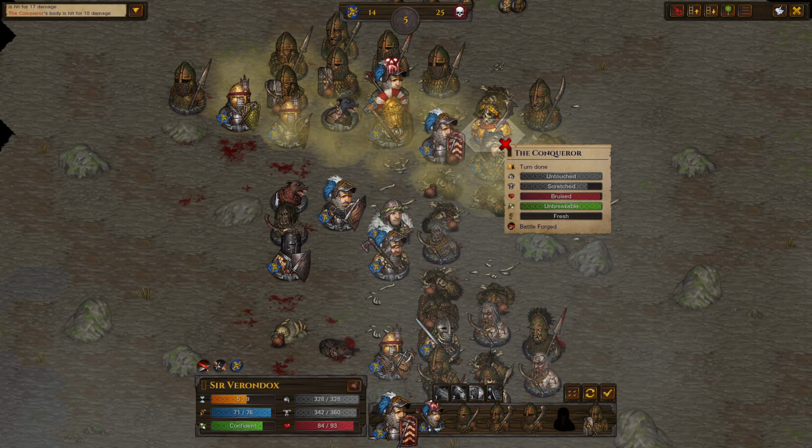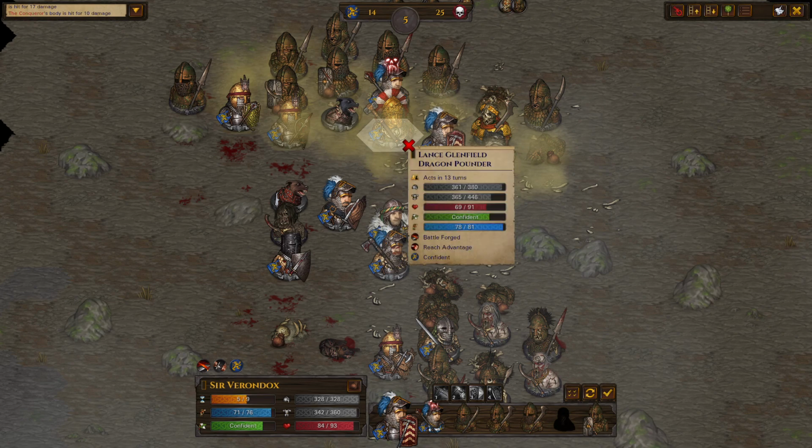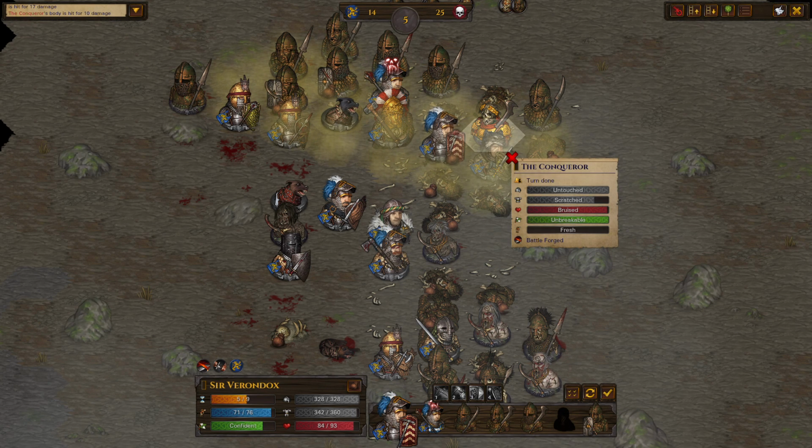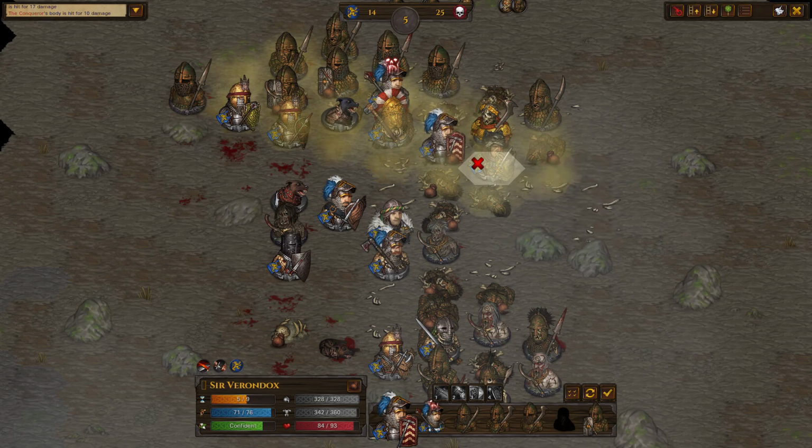We learned from our first attempt that the Conqueror's armor is the same as Lance's helmet. They're kind of like a matching set. And that attacking him reflects damage back onto us. So...